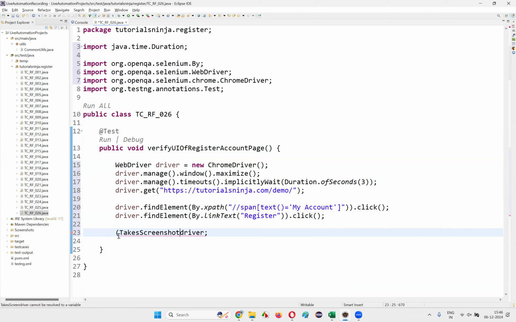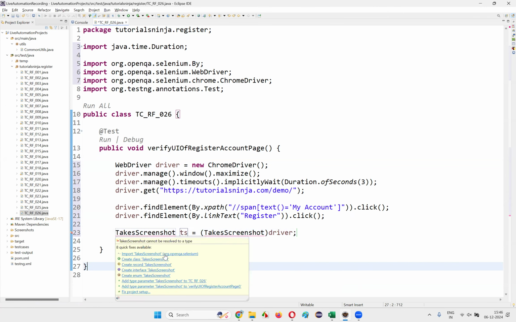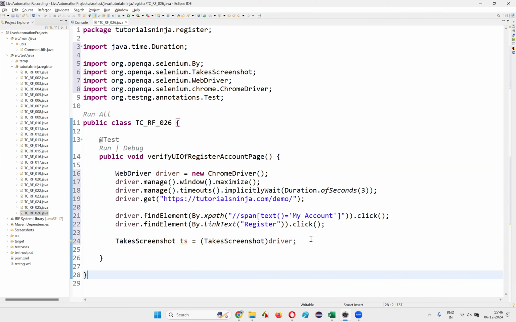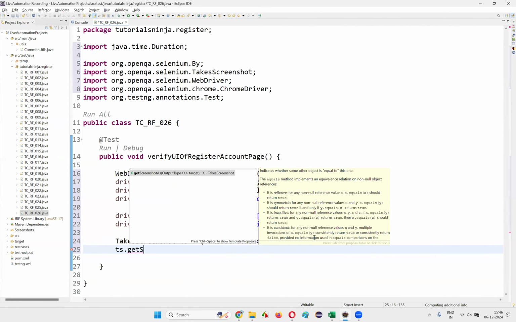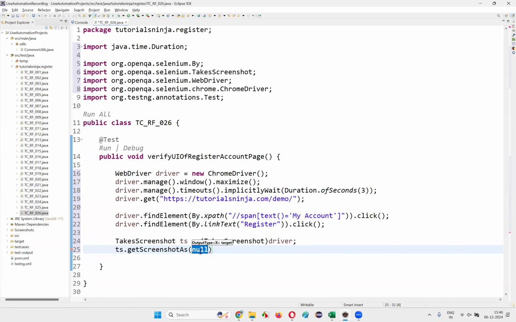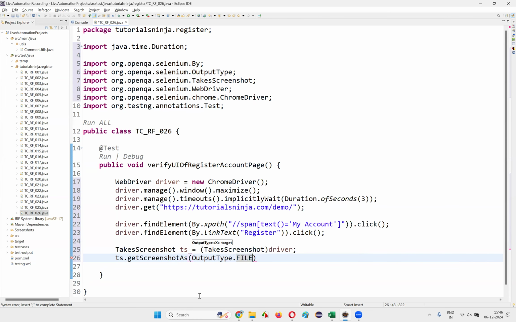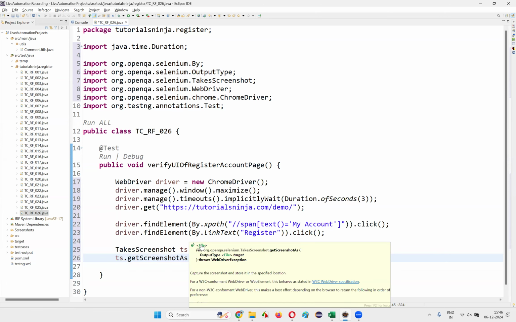Take screenshot, right? I think this is the one. Hover the mouse and create a local variable, TS, for the take screenshot and import this from the Selenium library. Then TS dot get screenshot, like this you write, and here output type dot file you can write, and this particular method will return you the file